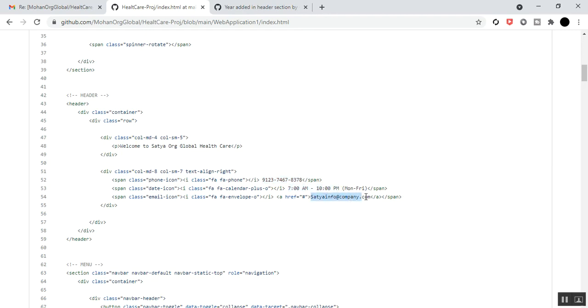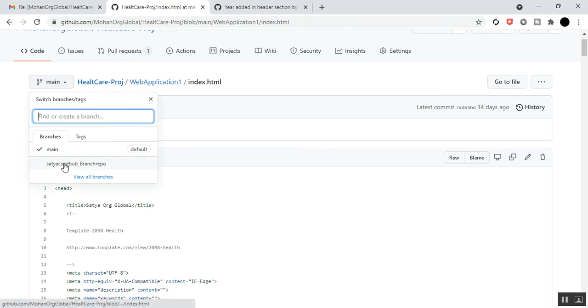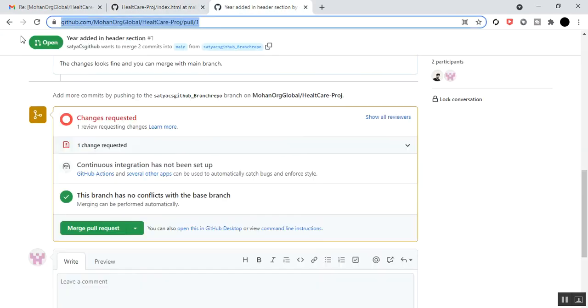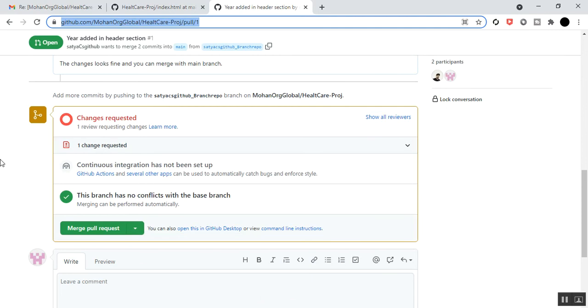That's why the owner has reviewed the changes of the GitHub member and wants to merge the pull request, so that whatever changes were made under the Satyashi's GitHub branch repo, the same index.html file will be available in the main branch. That is the final branch for production deployment. So this is the pull request, and the owner will merge it as shown here, merge pull request. So I just click,